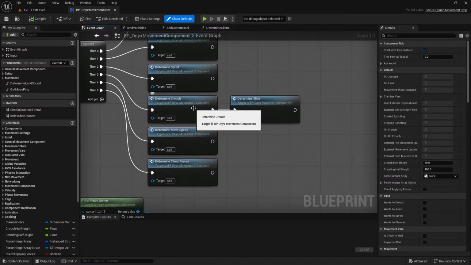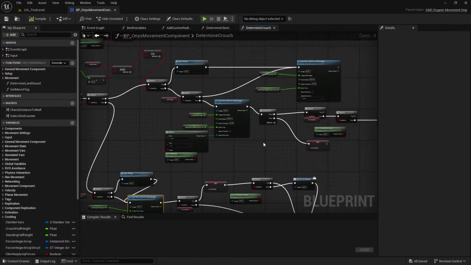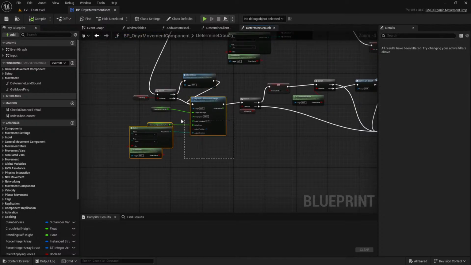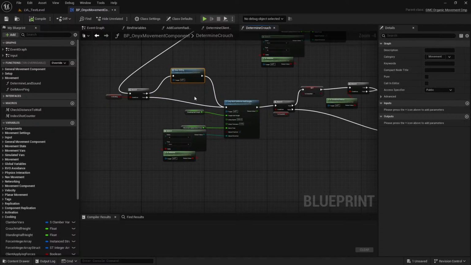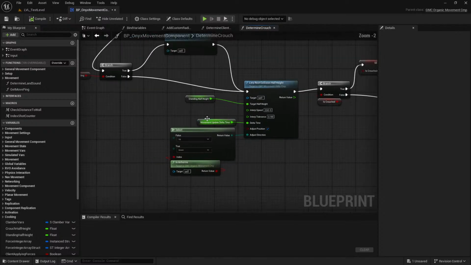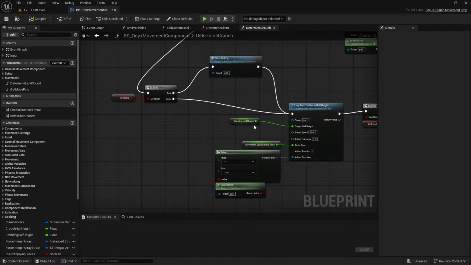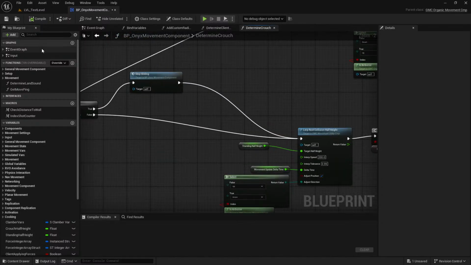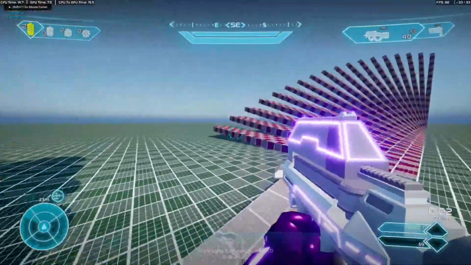Whenever we're doing our determine crouch and we are not wanting to crouch and we're lerping it, all we need to do is a sphere trace upwards, because what we're trying to fix here,